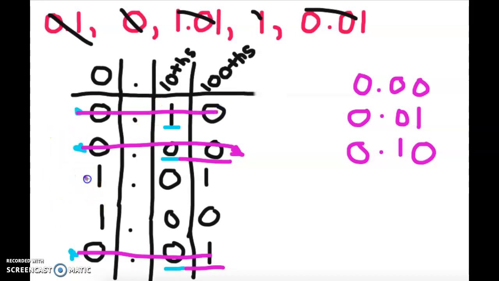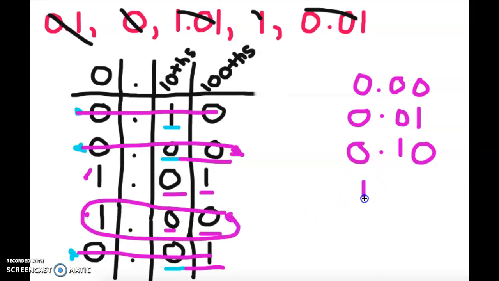So now we're here with the ones that have the 1 in the ones place. We're going to move over to the right. We have a 0 and a 0, so we move to the right again. We have a 1 and a 0. The one that is least is this one because 0 is less than 1, so that means that this number comes next in our order. So 1.00, which leaves this one as our greatest number,